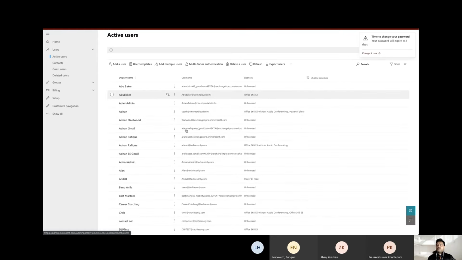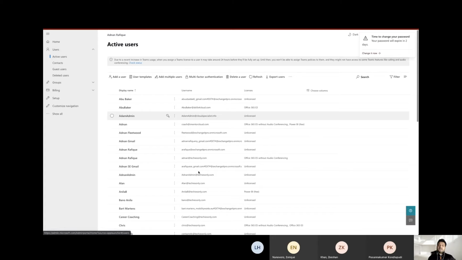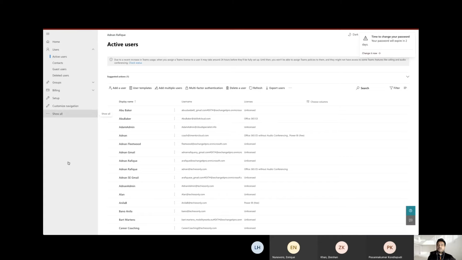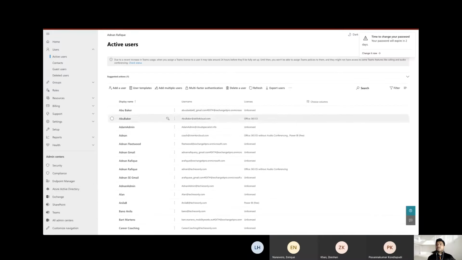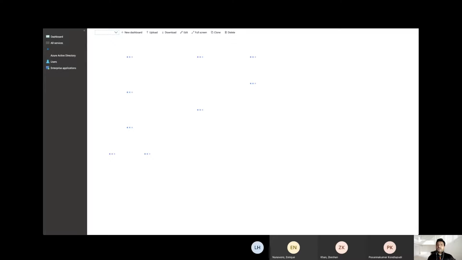So let me refresh. All these identities I have created, I have assigned the licenses, I have identities. But the point I'm making here is that these are not created here. They are run through Azure AD. So let's go to my Azure AD portal, or I can go from here, I believe. It will show me Azure Active Directory. And one thing I will also show you some control here, but let's move on to there first. Whatever you do in your SaaS application is basically created here.